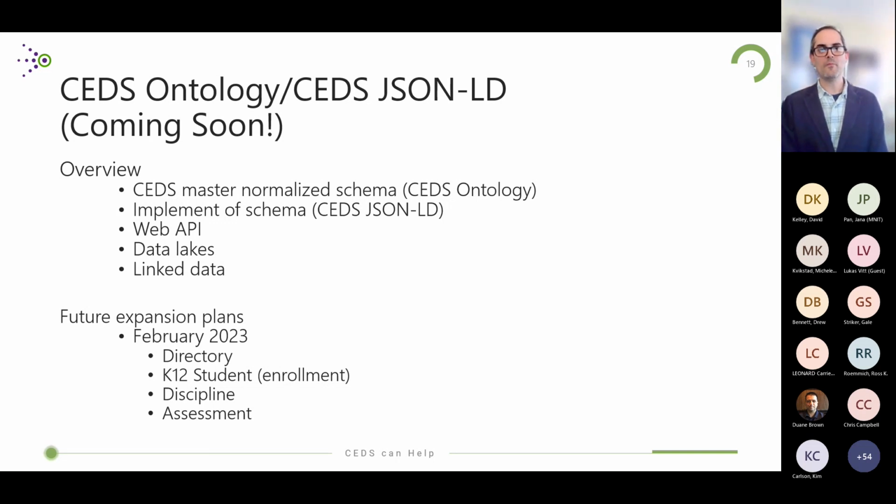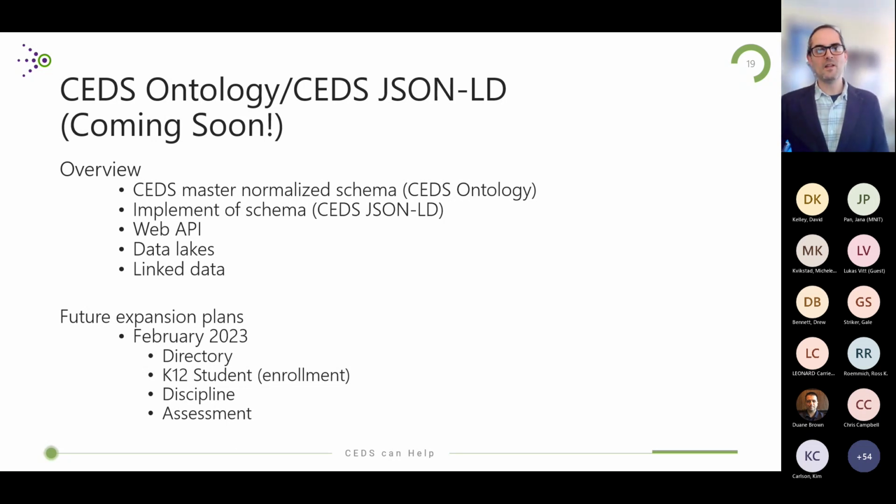And so with linked data, you can define values for CEDS elements as either the traditional data types, numbers, text, option sets, true, false, all those things that we live with on a day-to-day basis. But it can be a URL as well,